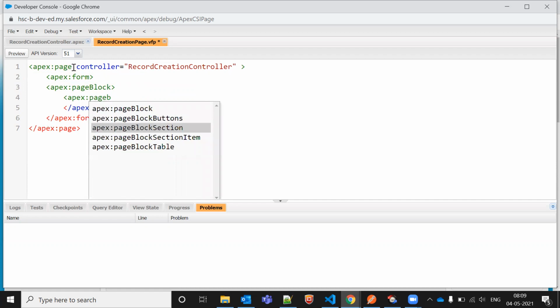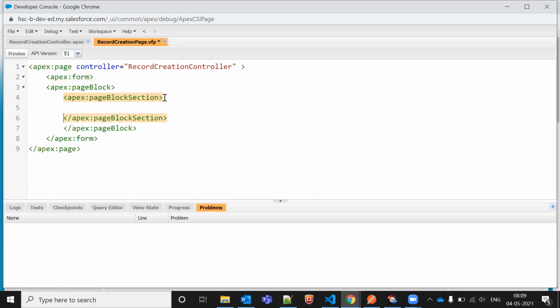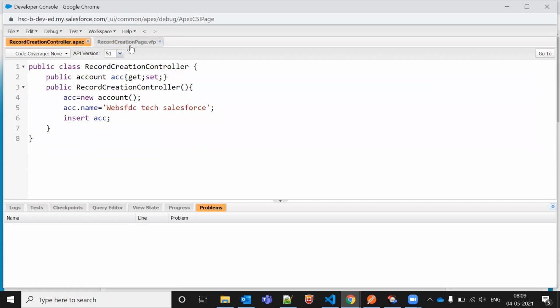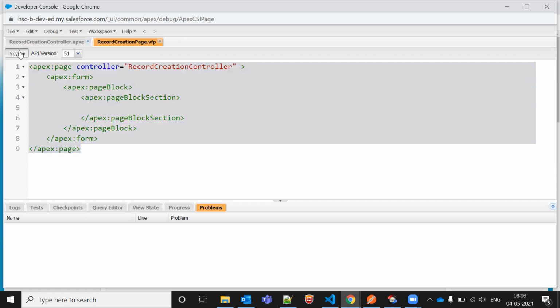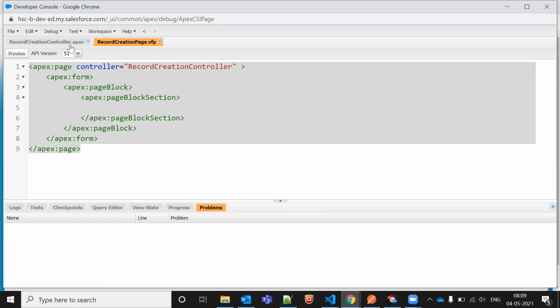Exactly. Now it is showing an error message because DML is not allowed, because we are doing the DML inside the constructor.